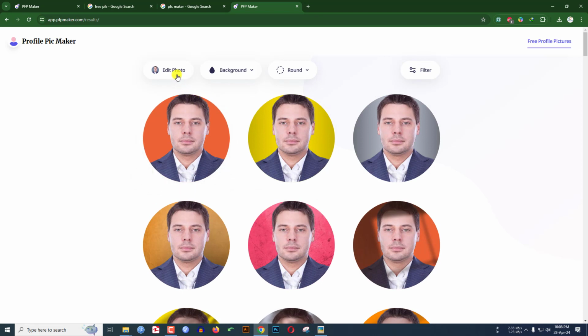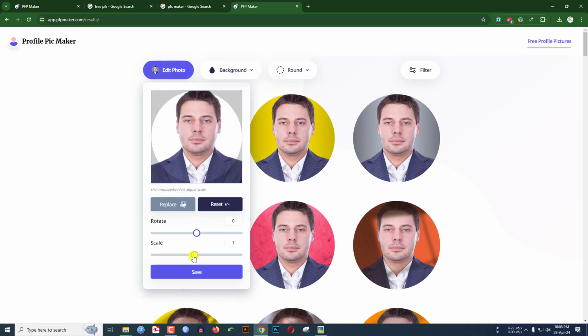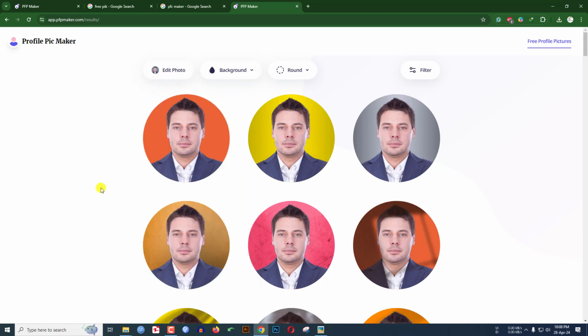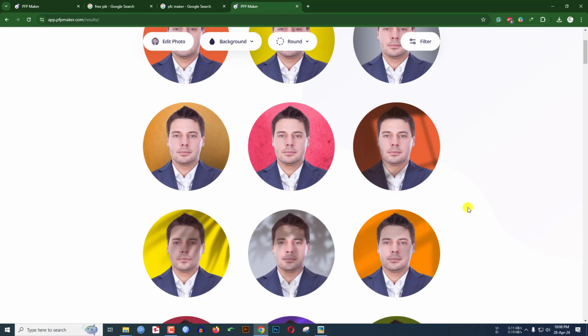so you have to go to edit photo. Let me decrease the scale and keep the picture like this, then click on save, and here you will see this is beautifully changed into